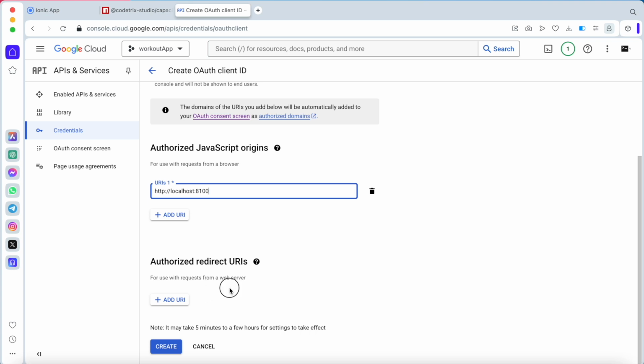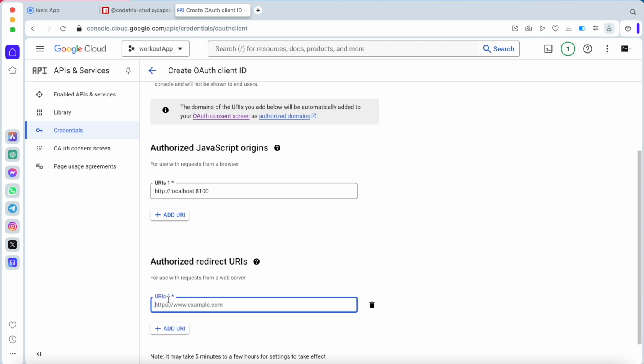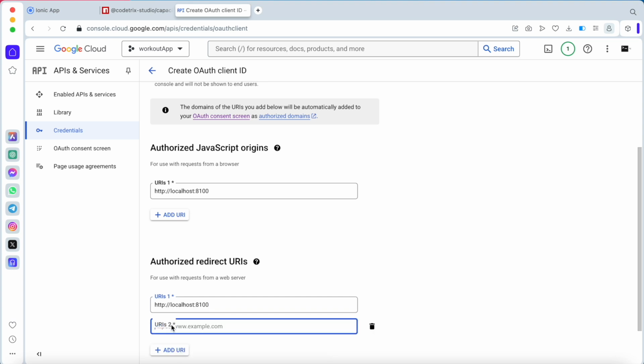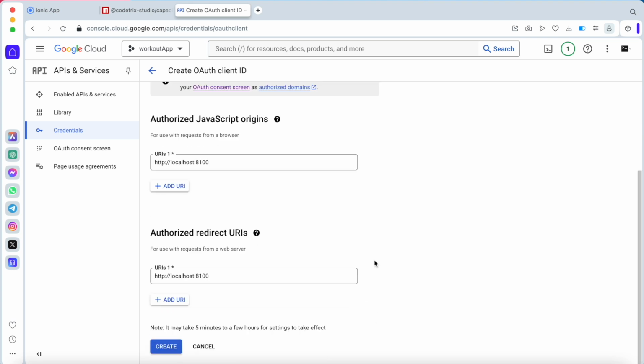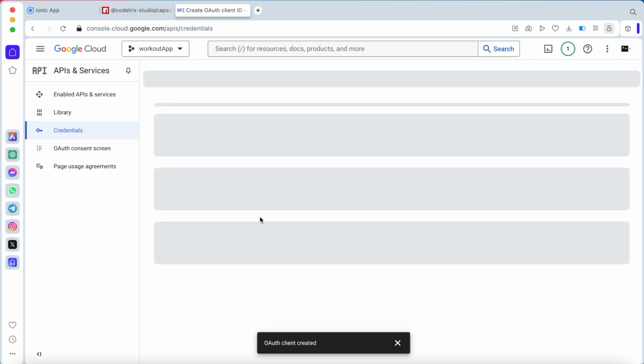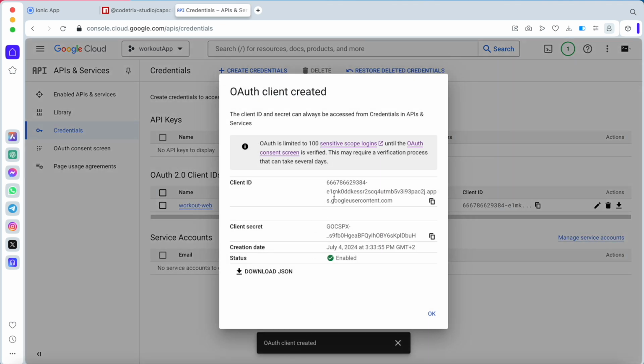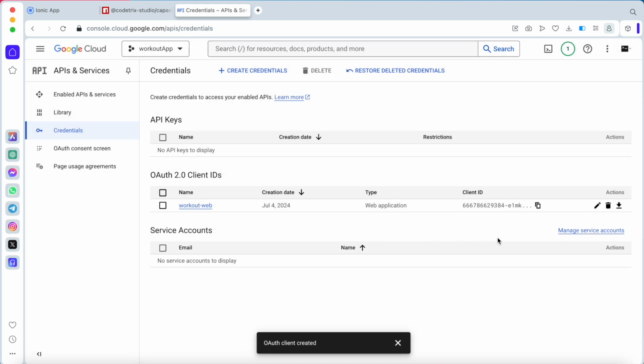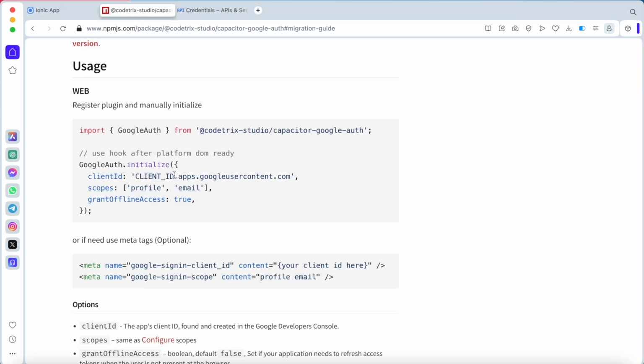And then I will go to authorized redirect URI. I don't know what this is, but to be safe, I'm just gonna add it. Okay, so create. So it says it's created. So one thing that we need is this key here. I'm gonna copy it. We need this key to make sure that we are able to authenticate our users. So that we have this key, we're gonna go back to our app